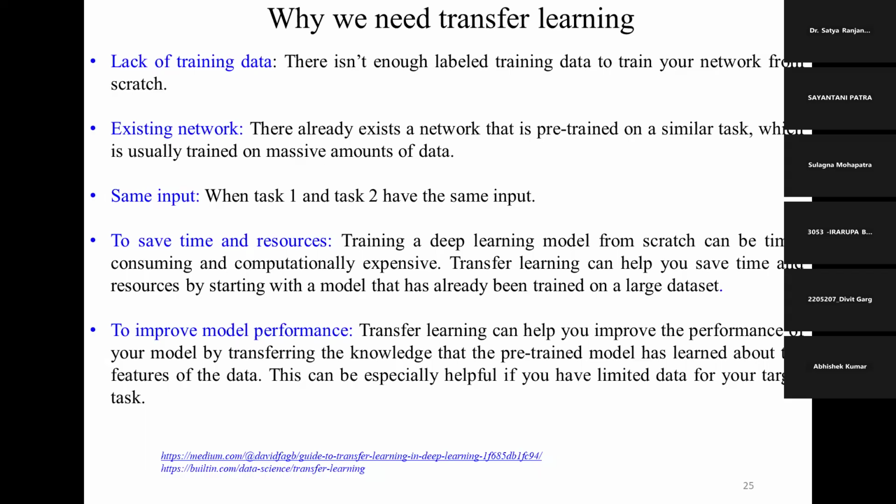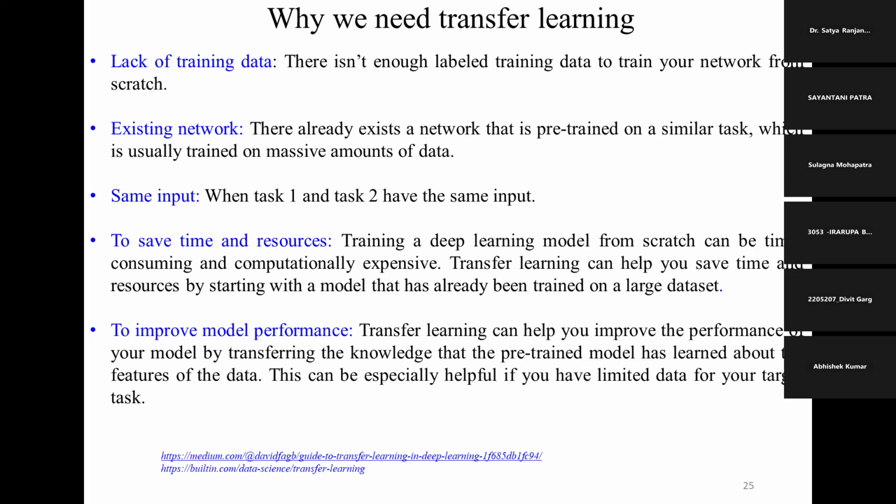I just need to tune some hyperparameters, my batch size and learning rate, based on my data, but the layering structure they have made, I can reuse. So that is lack of training data, but it should be the same domain. It's not that they trained with stroke data and you use it for your liver cancer data. No, the domain should be the same or similar.